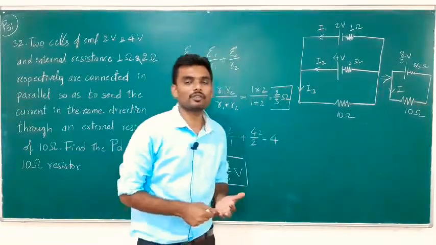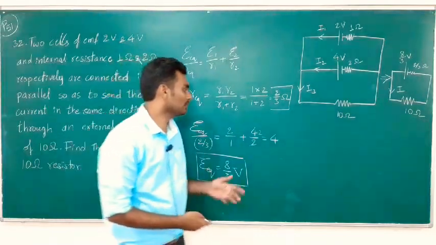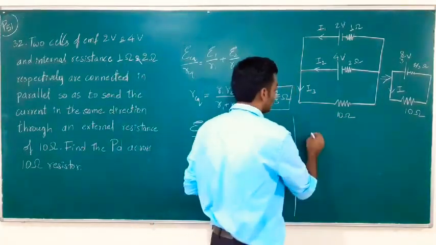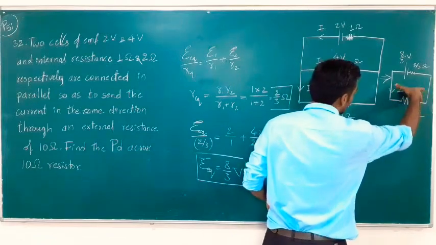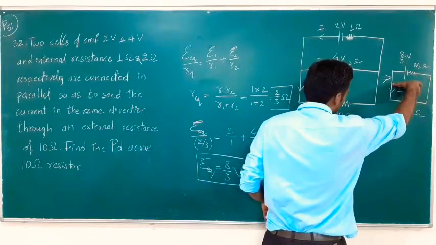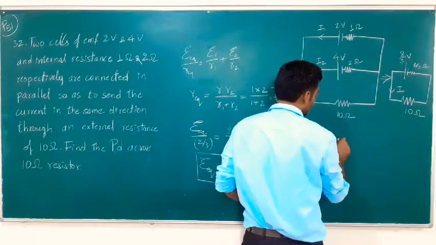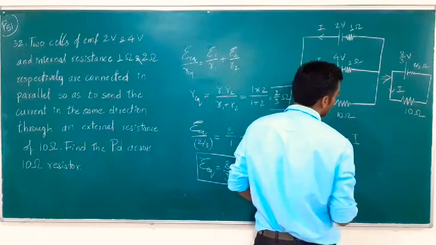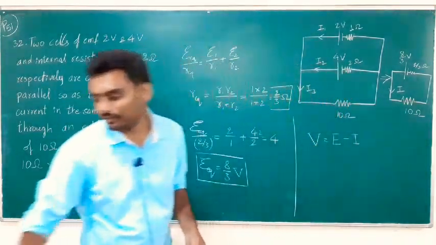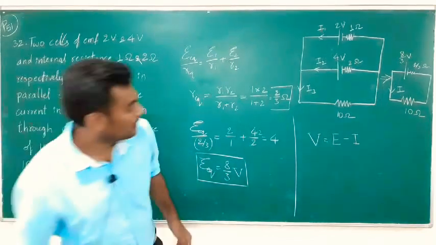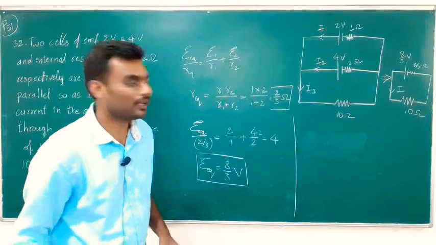Yeah, you can also make use of V is equal to E minus Ir. That's also fine. You can directly get it. Okay, so let me go for that. V is equal to the potential difference across the combination, across the cell or across the resistor. For this, V is equal to E minus Ir. But again, we'll be stuck with I. We don't know what is I. So let me work for I first. I is mandatory. We have to find I.